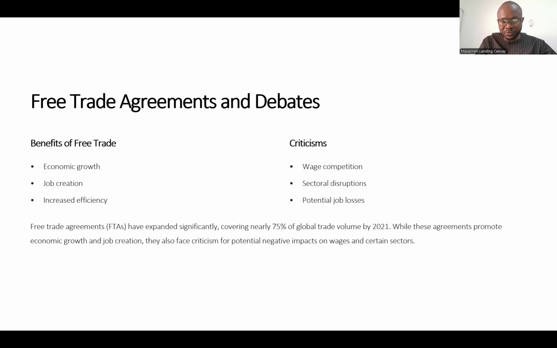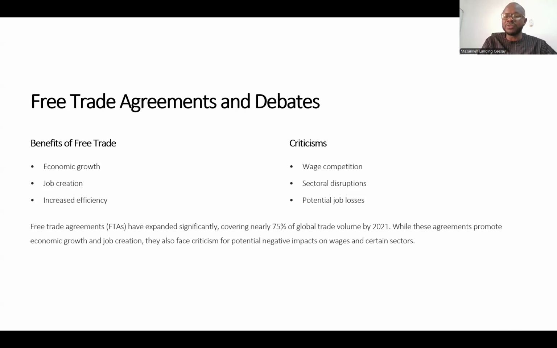Another concept that we want to discuss is the concept of free trade agreements. Free trade agreements have significantly expanded over time. As of 2021, 75% of global trade volume is conducted under the framework of free trade agreements. They have a lot of advantages, such as encouraging economic growth, job creation, as well as increased efficiency. And also it enables citizens of different countries to be able to